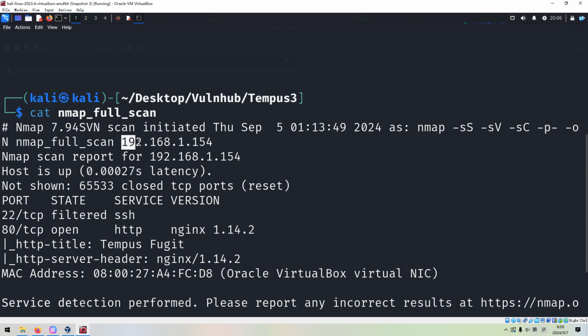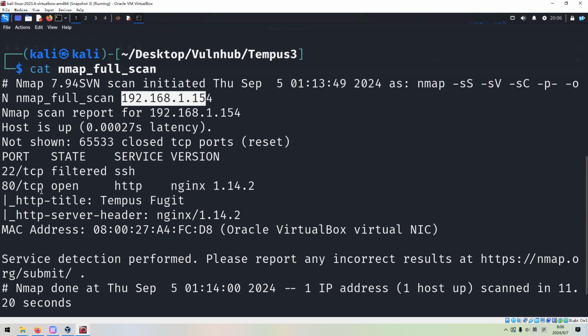Although, as you can notice here, the IP address has been changed a bit. From the Nmap scan, we can tell that the target has only one open port at this moment, port 80, and also the service information is shown.